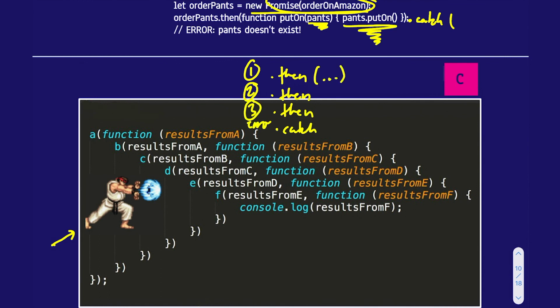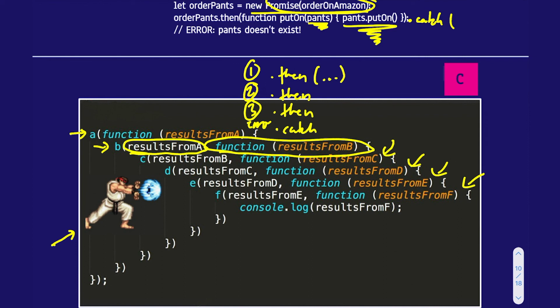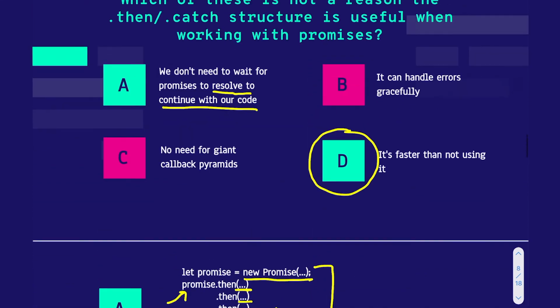You know, versus where we've got nested callbacks and it just looks horrible. Reading this is also kind of hard. Okay, you're saying, so we run A, and then we run B, and we have to pass in results from A, and we have to define a new function. Within that, we have another callback, another callback, another callback, blah, blah, blah. And then only once we reach the final step can we do whatever we need with the result. This is much better syntax. And then D, it's faster than not using it. This is just, you know, not